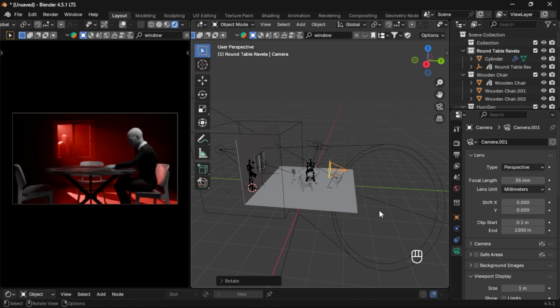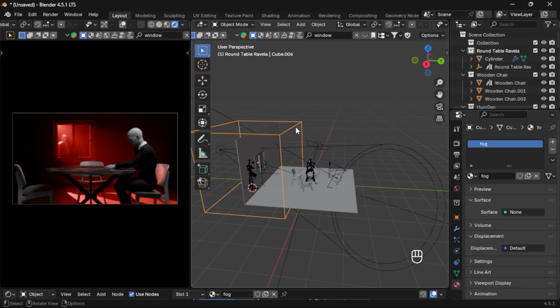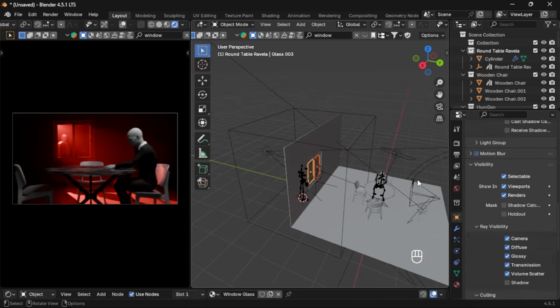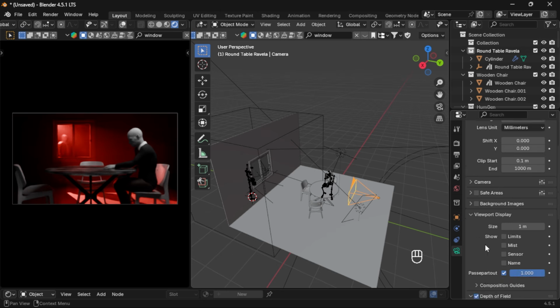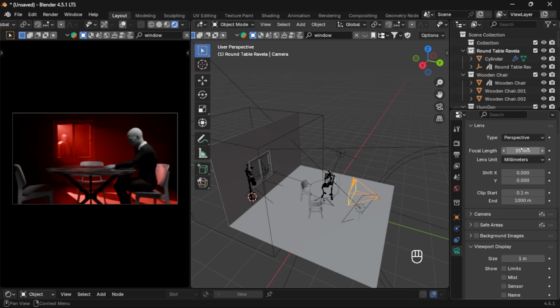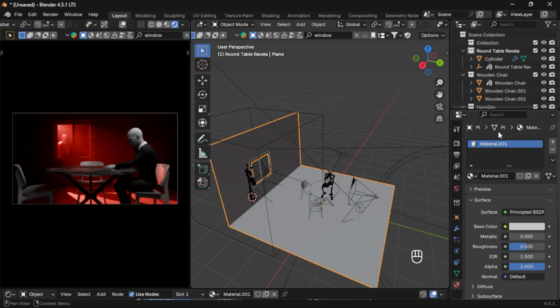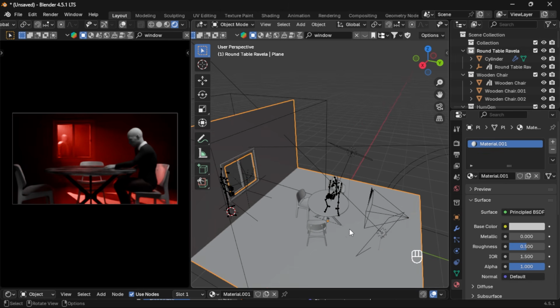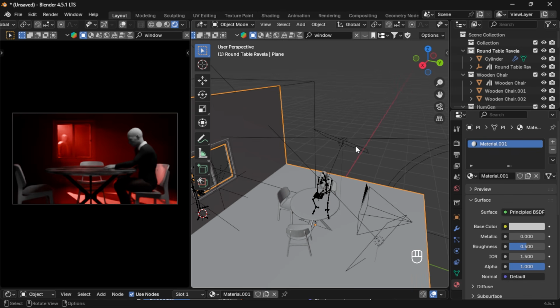Okay, so I finished up polishing the lighting and all that stuff. Basically, I tweaked a little bit the fog. I changed this light so it's a spotlight. I changed the camera angle and decided to go with a 35mm perspective. I lowered basically the value of this material right here, and also did an interesting technique, which is light linking